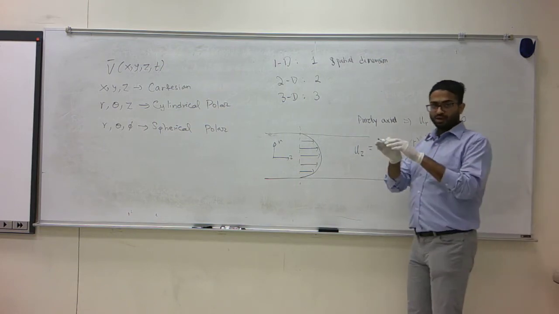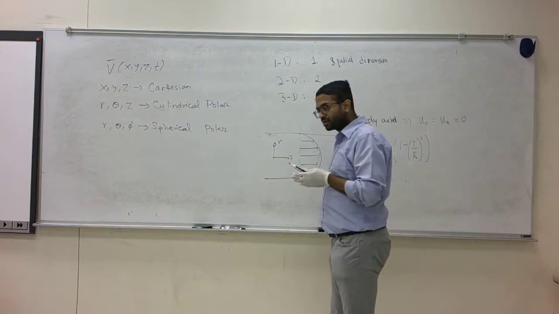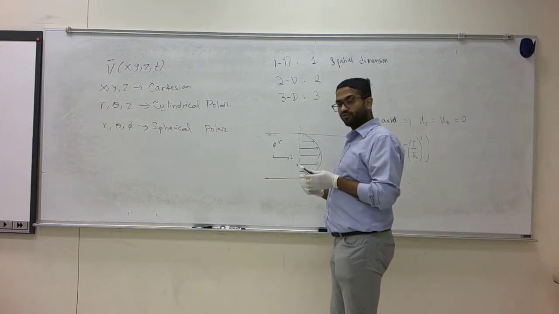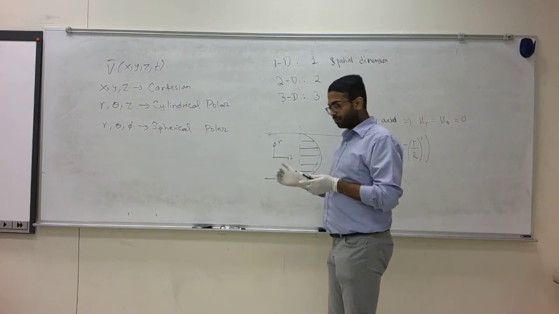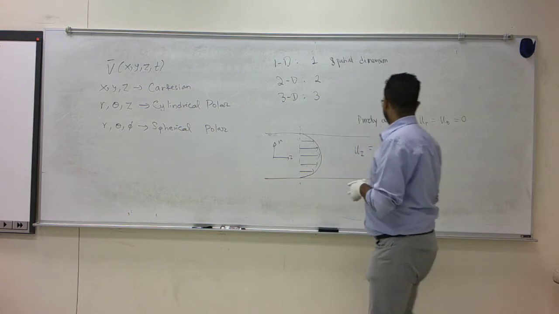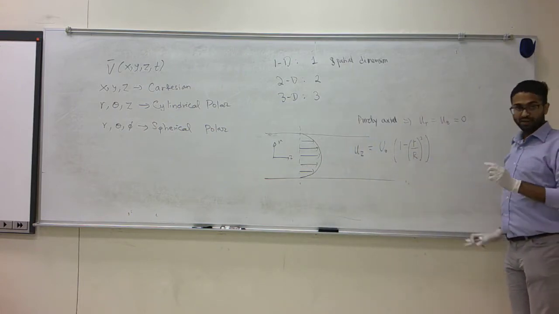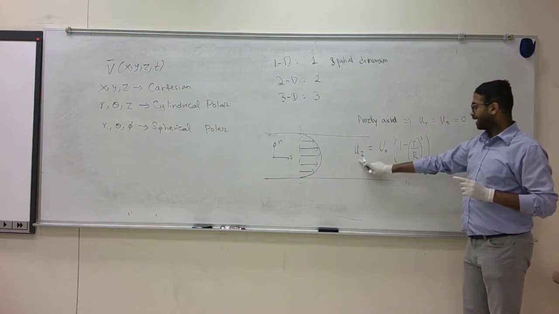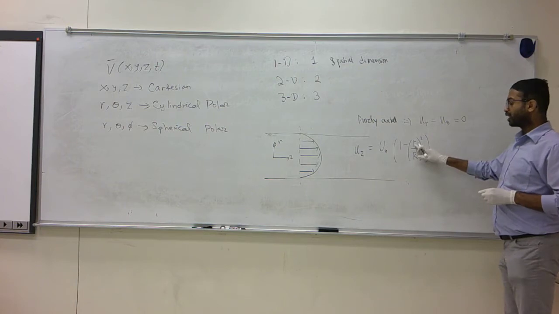That is, if you think of a pipe, the flow goes in parallel layers along the axis. There is no flow in the radial direction and there is no flow in the polar or azimuthal direction. So you have two components of the velocity being 0, and that component of the velocity which is non-zero is described by only one spatial coordinate.